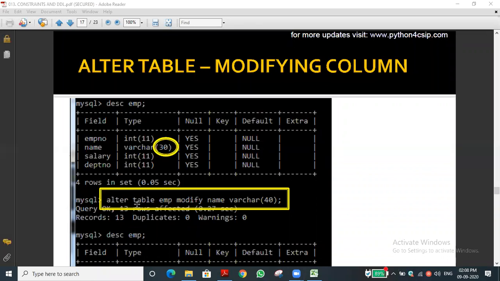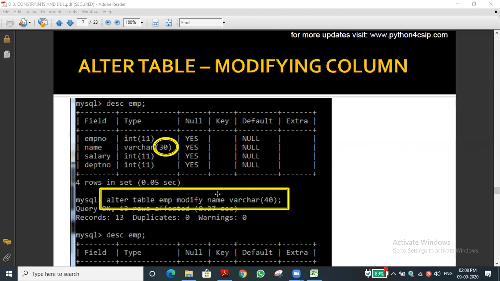So what is the syntax for modifying the data type? That is data definition. If you want to modify, what is the command? You can see: alter table name, modify, there's a keyword, then the column name and its data type.